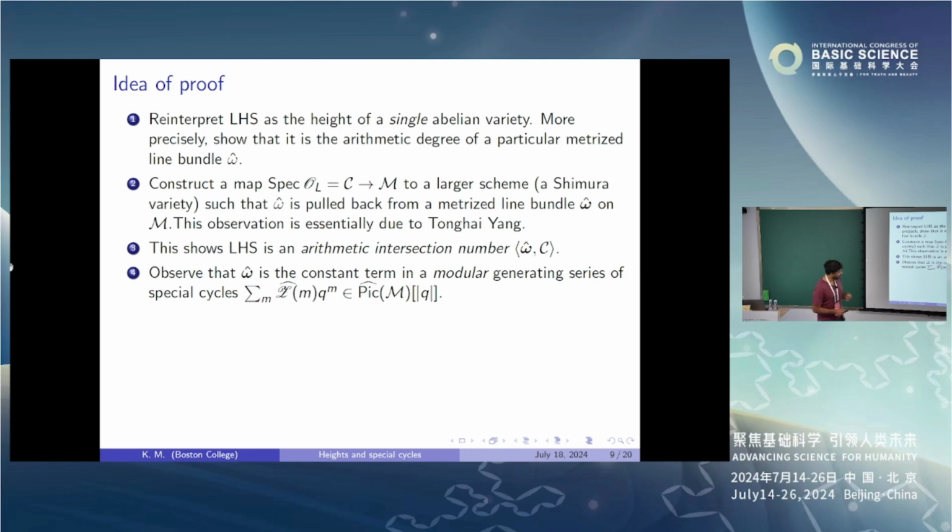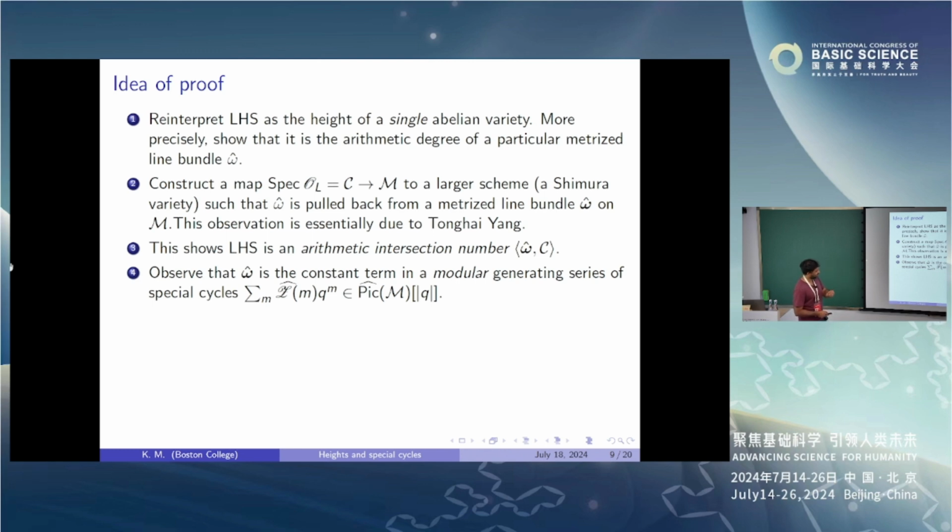Okay, so this modularity means something particular, but what it's actually saying is that there are a lot of relations between the coefficients over here. This is going to be a modular form of a fixed weight. And so these coefficients that you see over here are all going to live inside some finite dimensional subspace. Even though you have infinitely many of them, that means there are going to be lots of relations between them. And so you can exploit that.